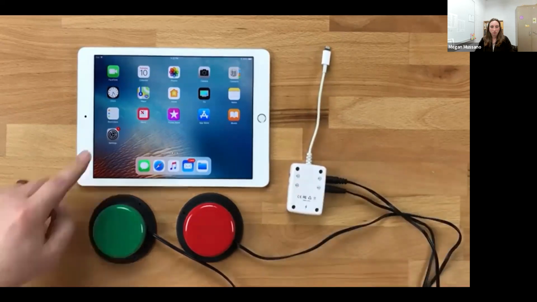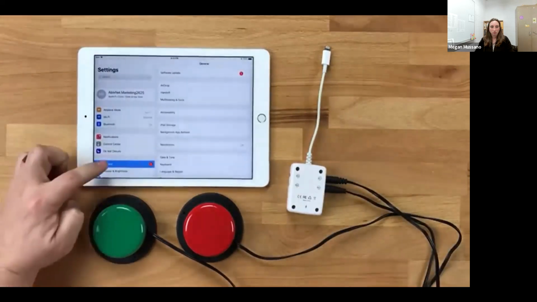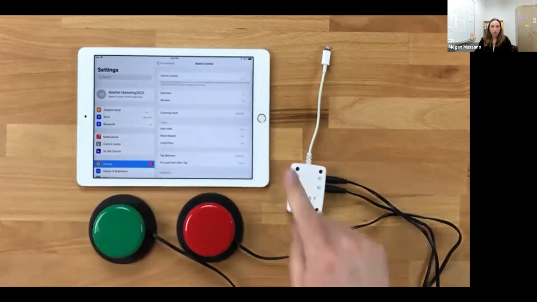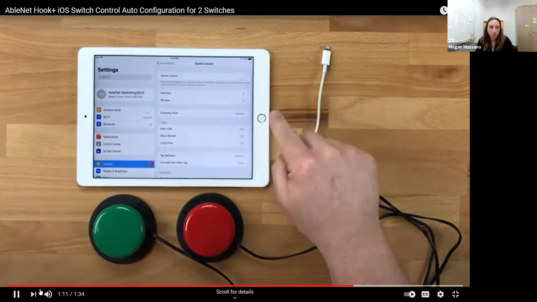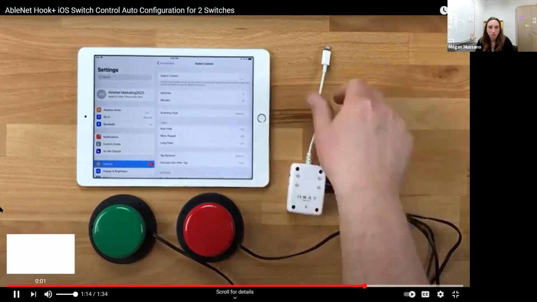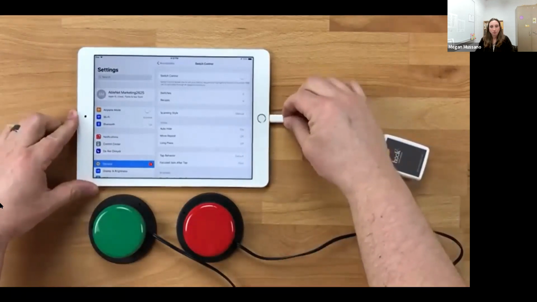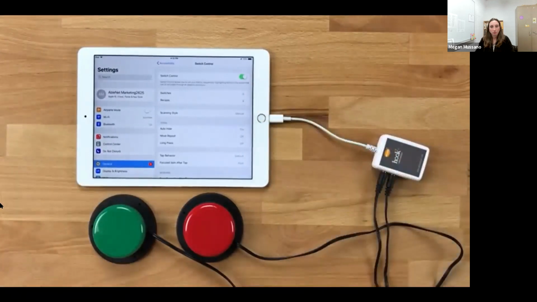Now I'm going to go into the settings app here and just show you what happens if you go to general, accessibility, switch control. What you see here is switch control is turned off and there are no switches configured. As soon as I plug in Hook Plus, you're going to see that switch control turns on and the 2